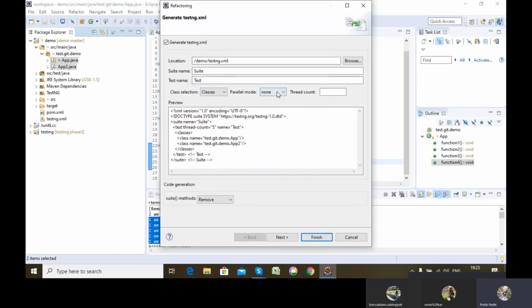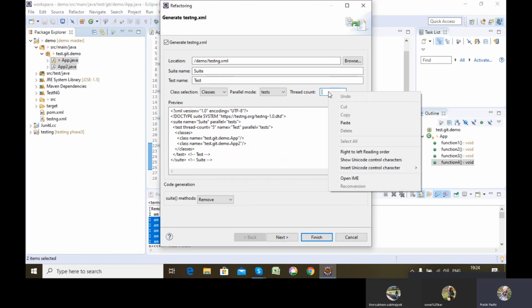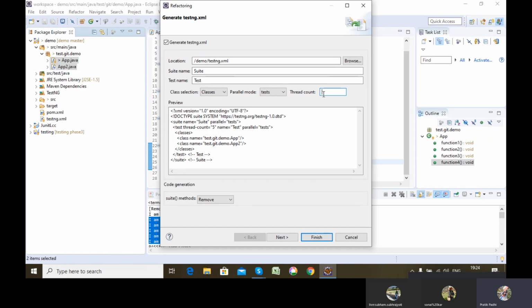If I set parallel mode as tests, all the @Test will run in parallel. This is the feature of TestNG which provides parallel execution, and I have to give a thread count. As my total @Test count is 7, I should give thread count as 7 or more. I shouldn't give thread count less than 7.